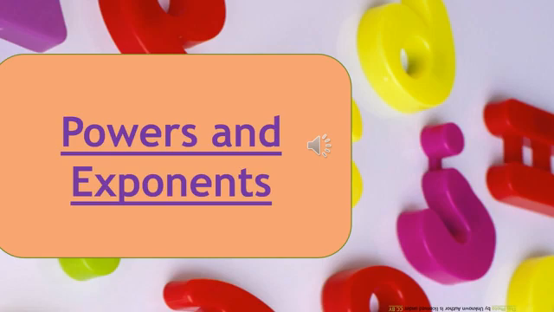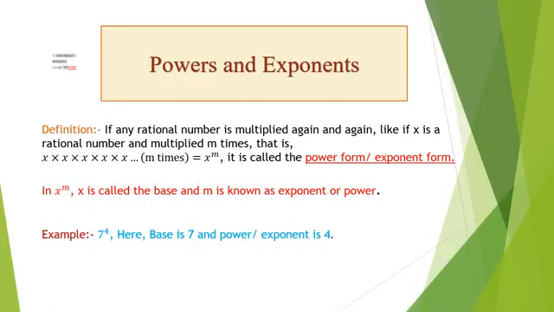Today we will summarize our chapter Powers and Exponents. So first of all, we will see what the definition is. Definition says that if any rational number or any number is multiplying again and again, it means it is multiplying repeatedly. Like if x is a rational number and it is multiplying m times,